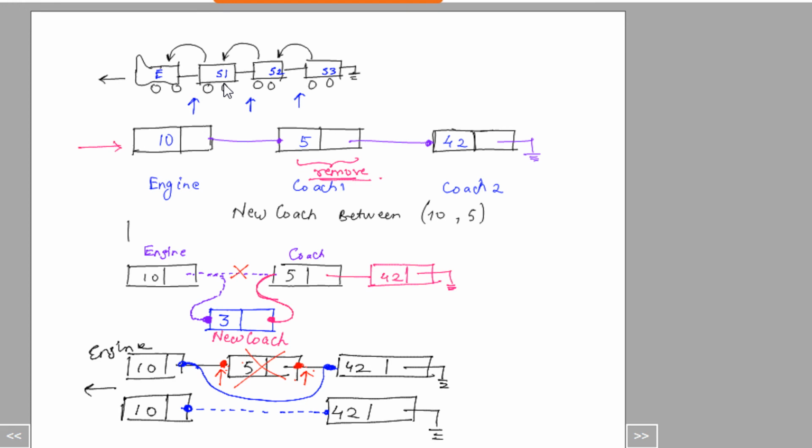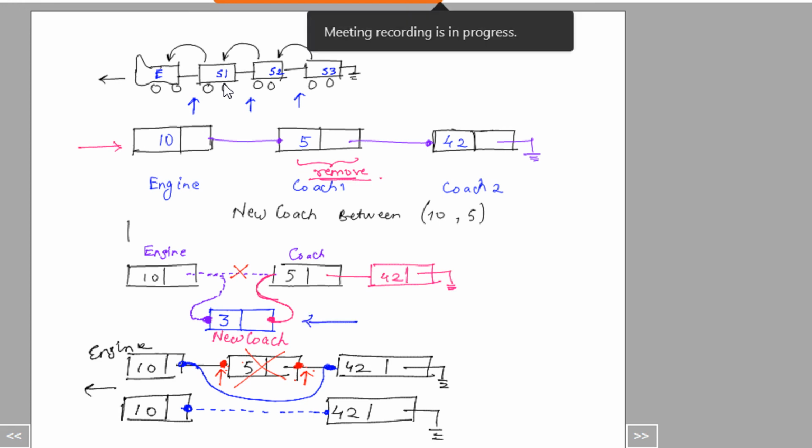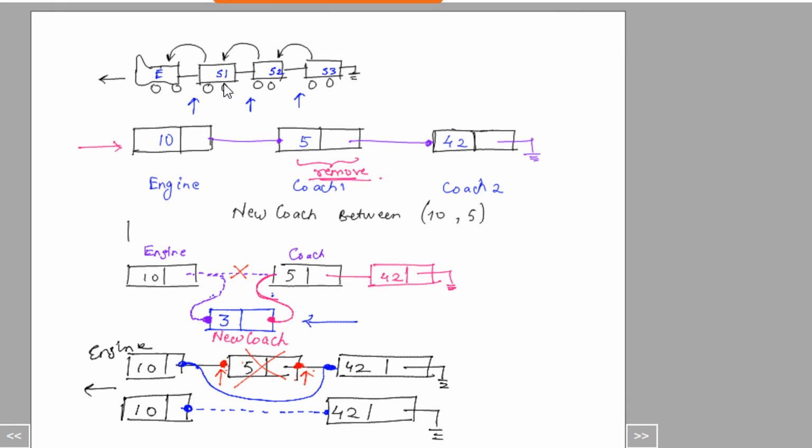If I want to insert an element like 3 here, I just change two links, but I don't move anything else in the array. I just update from this link to this link, and I just update from this link to this link. I edit two links, and basically everything works well. Now you may think, okay, if this is such a good data structure, then why do you actually need an array, right? But of course, as I said, in computer science there are issues with everything, right?